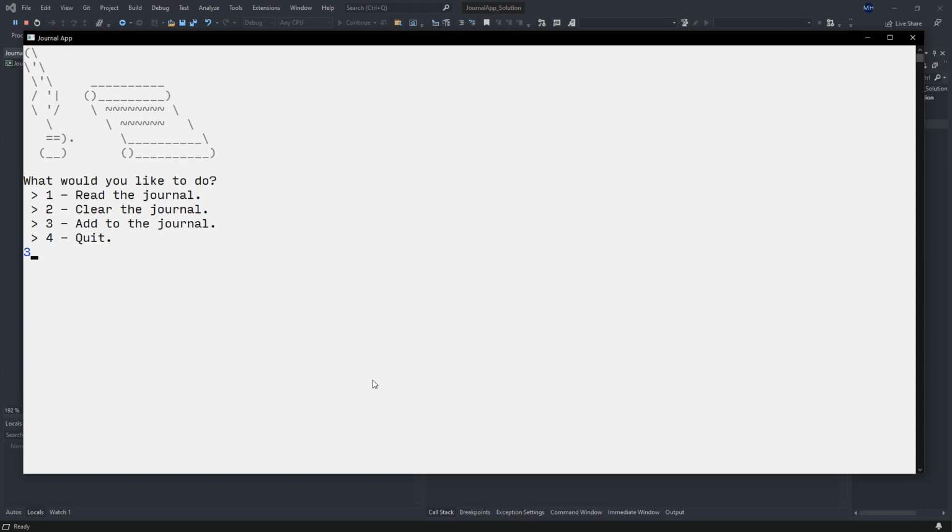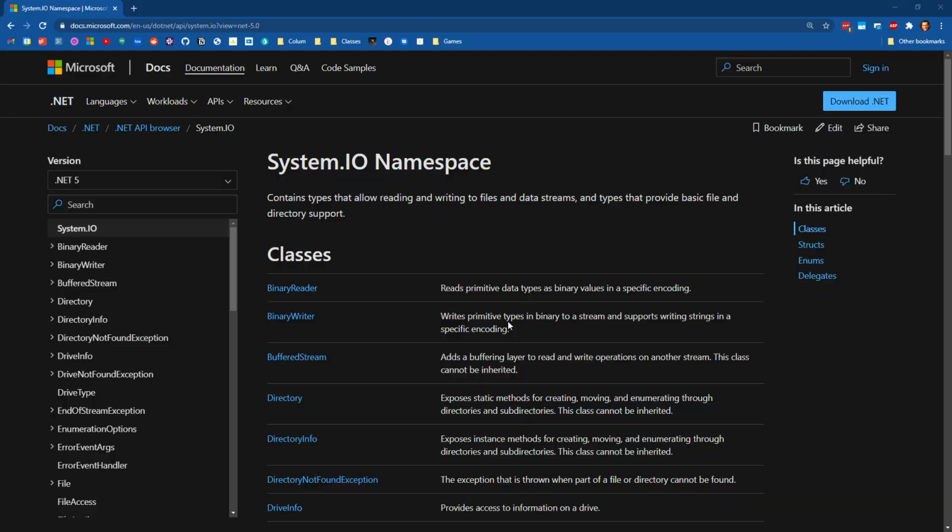So we're going to build something where we can keep adding more text to our journal, and then progressively build up the entries. And at some point, if we want to, we can go ahead and nuke the journal, clear everything away so that we have a blank slate. So that's what we're going to be building together, and it's going to require us to dig into the system.io